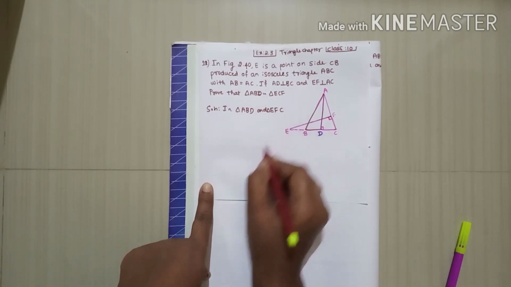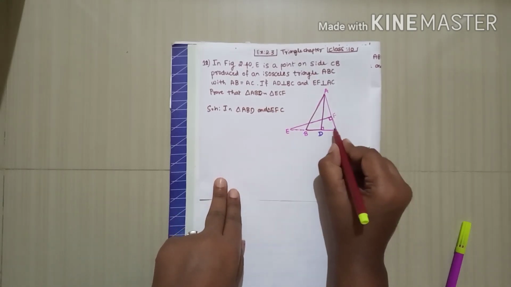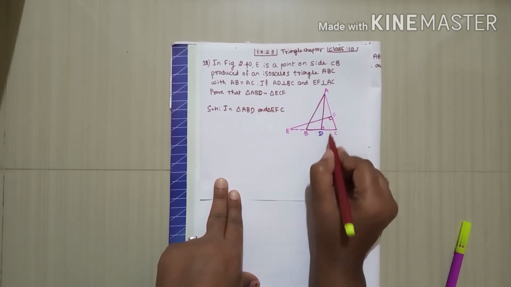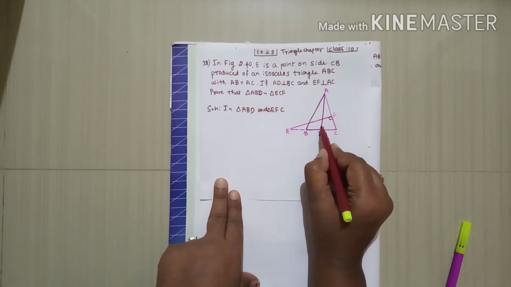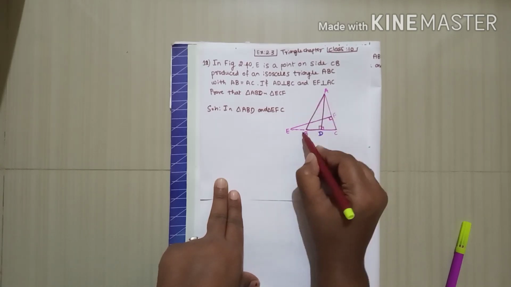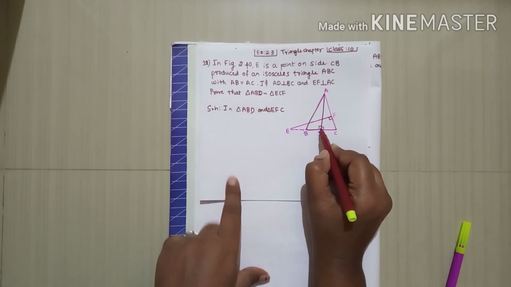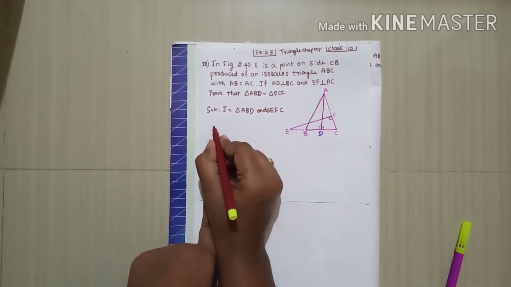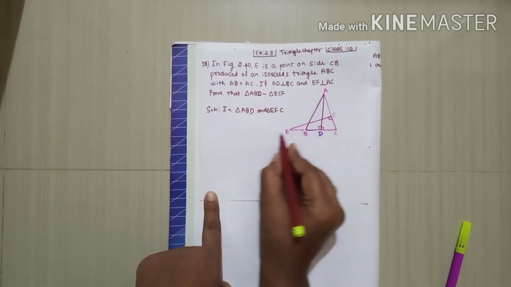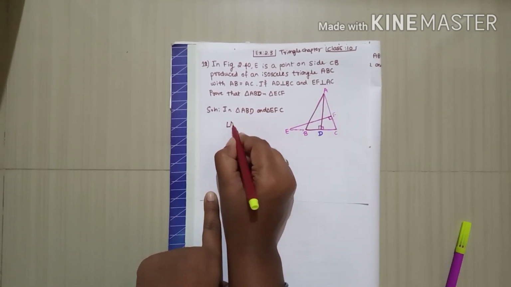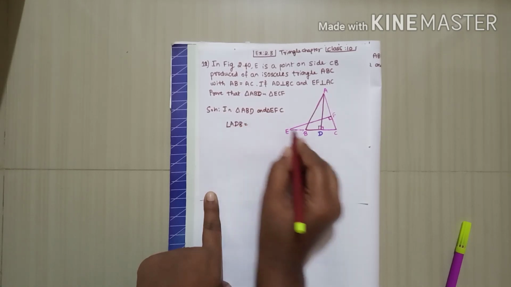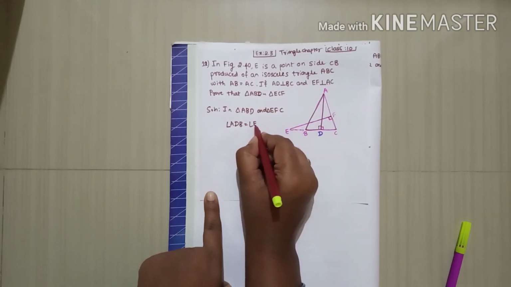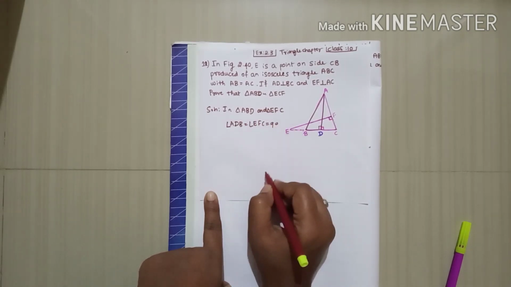See, in both the triangles, this is a common angle. Sorry, for this triangle it is not common. And then you can say this is 90 degrees now here. In triangle ABD, D is 90 degrees. At the point D, 90 degrees there. In triangle EFC, at the point F, 90 degrees there. So I can write that in triangle ABD, angle ADB is equal to, in triangle EFC, here it is 90 degrees. So angle EFC is equal to 90 degrees. One angle is equal, we proved.